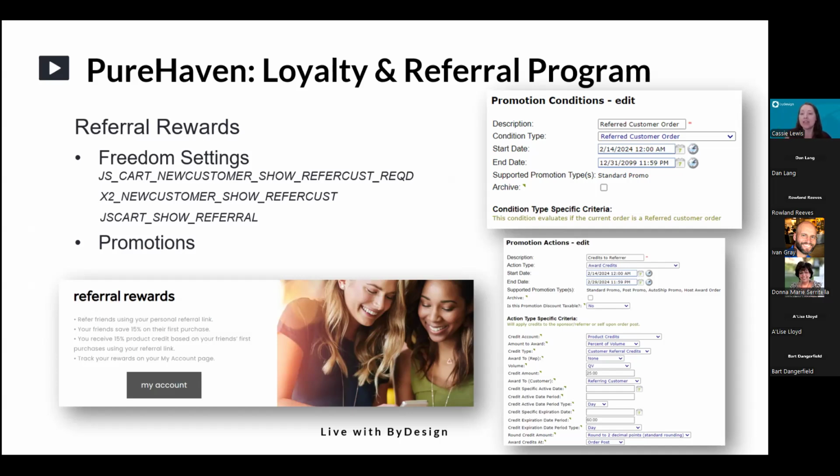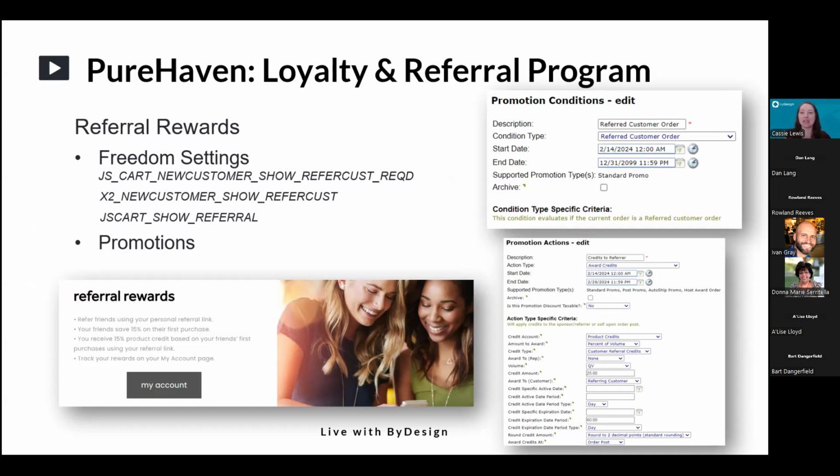reward. And then the action is either going to be a discount or free shipping for the new customer, or most of the time it is awarding credits to the referring customer. Doesn't have to be. You can actually issue gift certificates. You can give them a promo code. You can give them an exclusive product on their next order. There's a lot of different options, but in my experience, what I see most often is that you're rewarding your existing customers with credits so that they come back and place another order with you. And the most common thing that you're rewarding your referred customer, the new customer, is with a discount or with